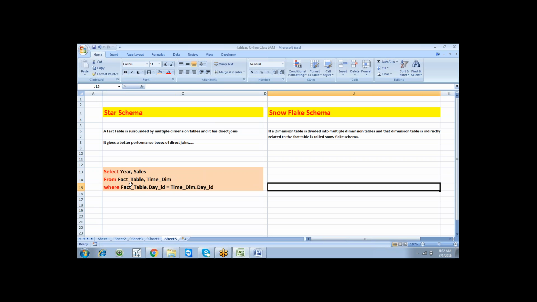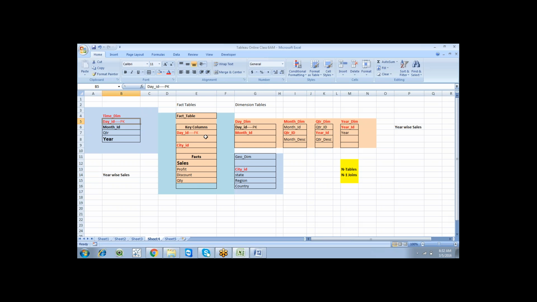Select year comma sales from fact table comma dimension table. So we do have two tables. This is the fact table, so we are selecting sales from the fact table, and we are selecting year from a time dimension table.